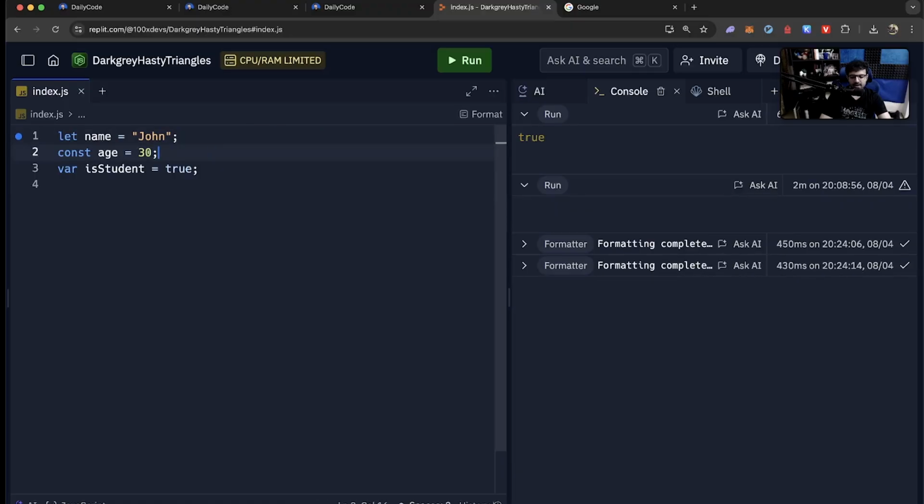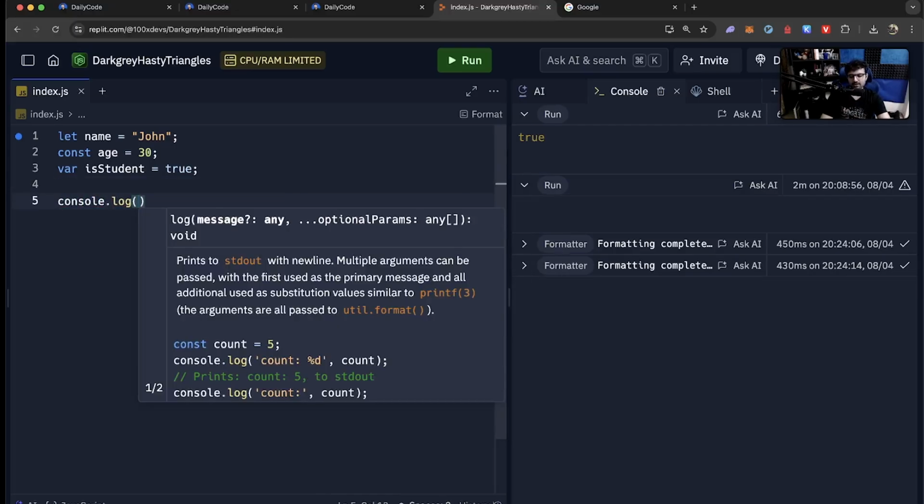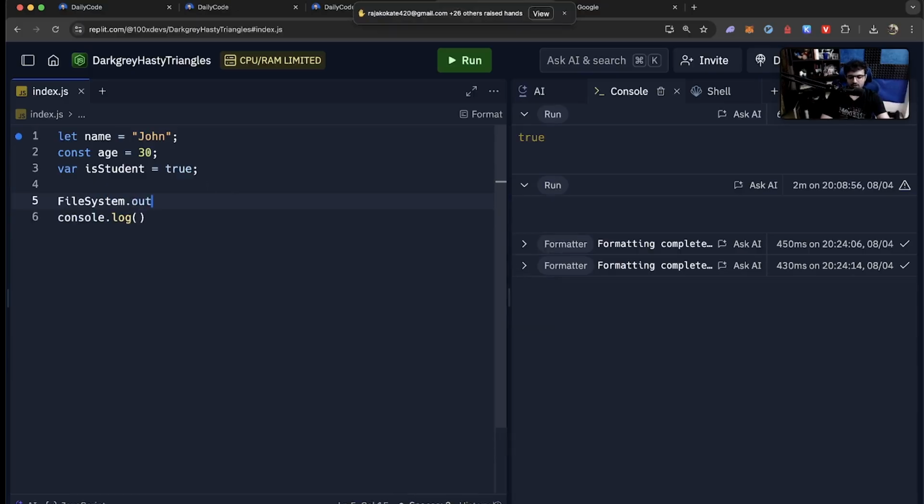I have defined 3 variables. What is a variable? Something whose value can change. Let me try to print these variables. If you have done C++, you might have written cout. Similarly here, or in case of Java, you might have written System.out.println, something like this. Similarly, in JavaScript, you write console.log, let's say name, and then age, and then isStudent. And if I run this,